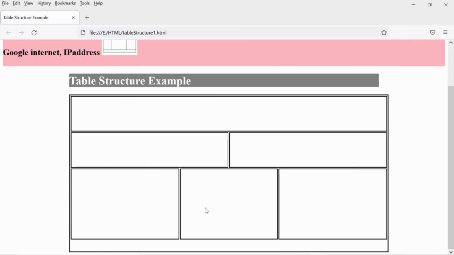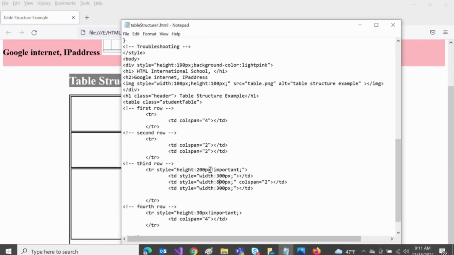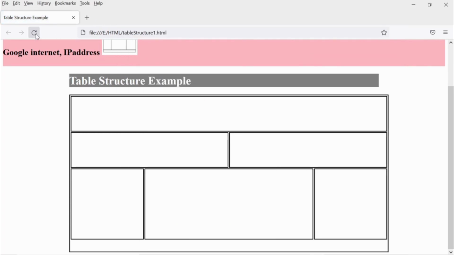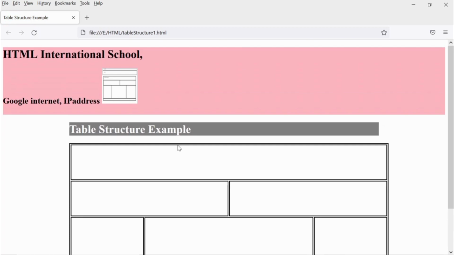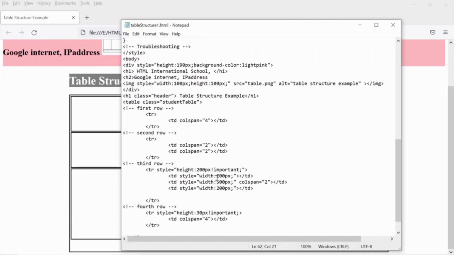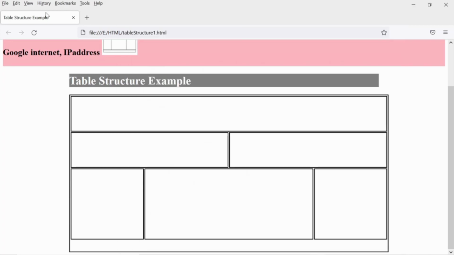Let's add width to each of the columns in the third row. Let's adjust it to 200, 200 and 500 for the middle one, so the total will be 900 pixels. There we go, we have this third row design. But we can adjust it to 250 and 400 pixels. That is the way you can adjust it.